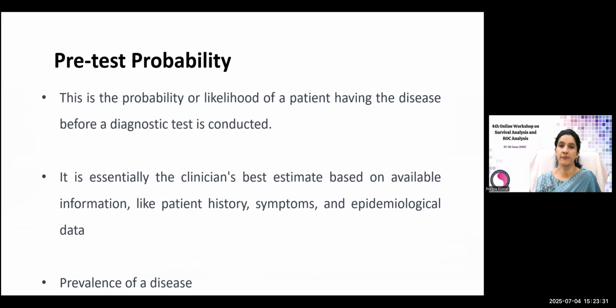For example, if the prevalence of anemia in pregnant women is 70%, then even if I don't order a test, out of 10 patients, if I label all of them as anemic, I will be correct in 7 cases because the prevalence is very high. So because of my clinical judgment, even if I don't order the